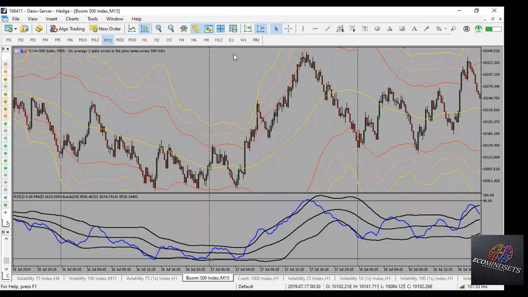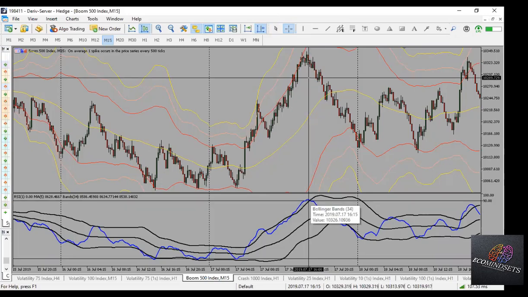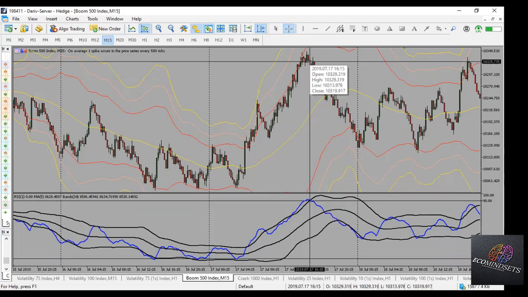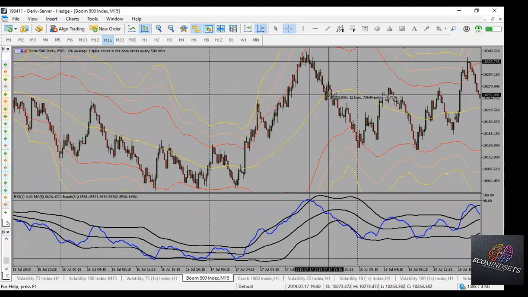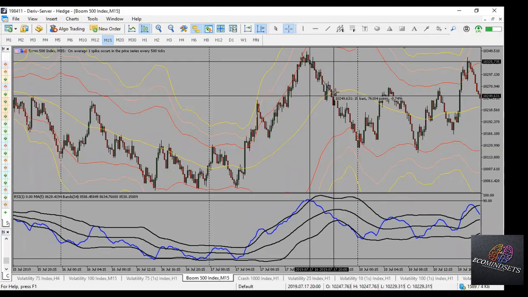All right. So let's look at this opportunity here on Boom 500. As you can see, it rejected on the Bollinger Band here. And then at the level 90, what did we see? We see our moving average breakout, and then it's reversing back into what? Into the Bollinger Band. What do we do? We take it. So this would have been our entry here. And then we will milk that to the middle Bollinger Band here, and then we move out with our profit.